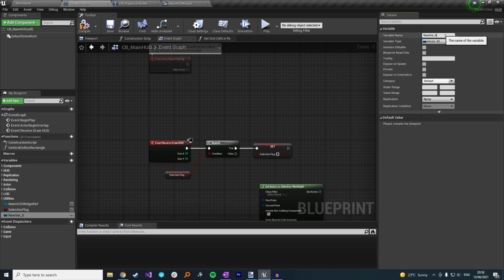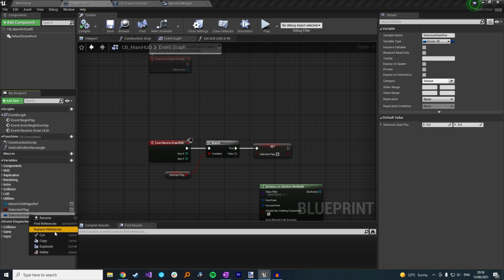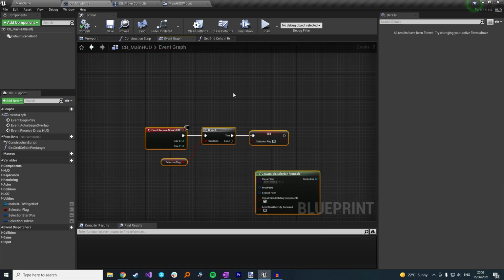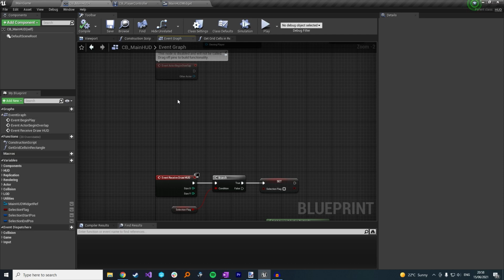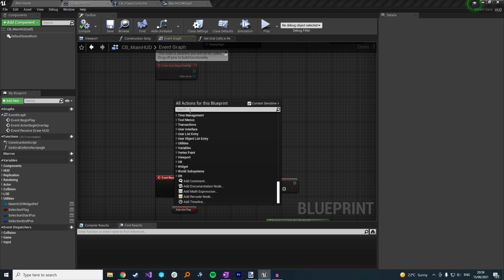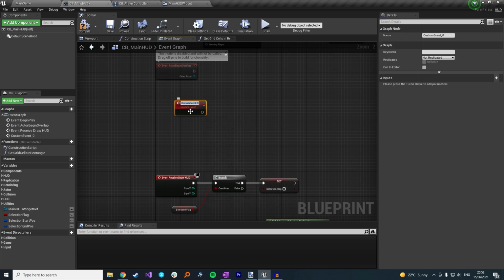So vector 2D, and this will be our selection start pos. Compile, save that. I'm just going to duplicate that, and that will be our end position, like so. And I'm going to create a couple of functions just to make some things happen quite nicely here. I'm going to create a new custom event, and this is going to be on